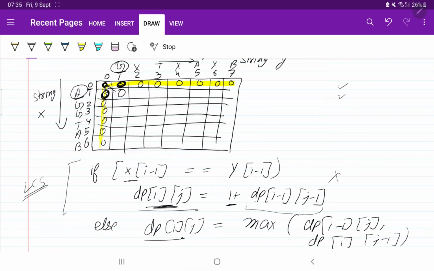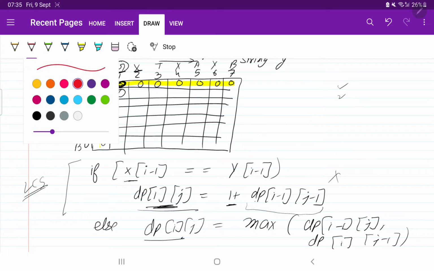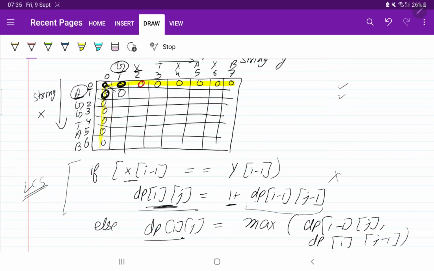Now if we come to this block, so we need to check if x and a are equal. Are they equal? No. So we need to fill the maximum of one step up or one step back. So what is the maximum? 0. T and a are equal? No, they are not equal. It means we are going to fill here again 0.